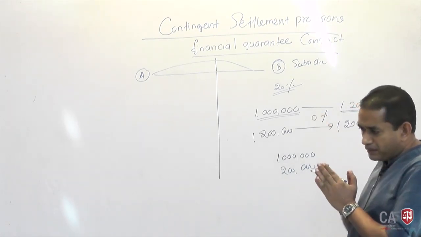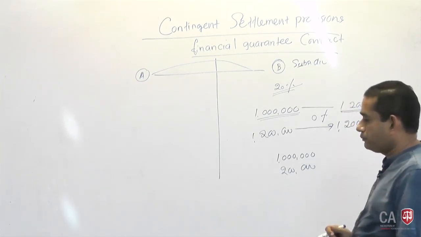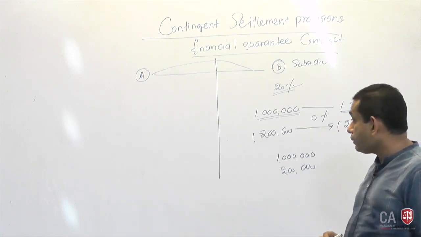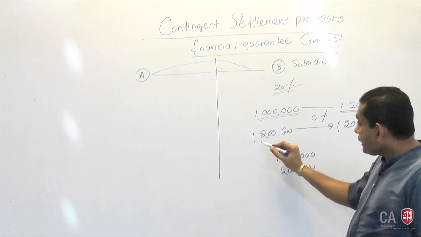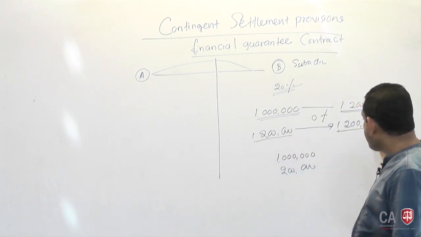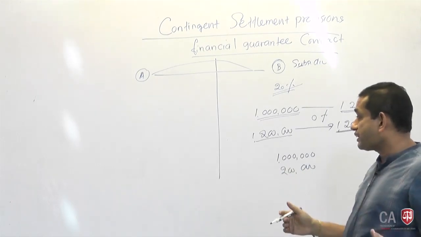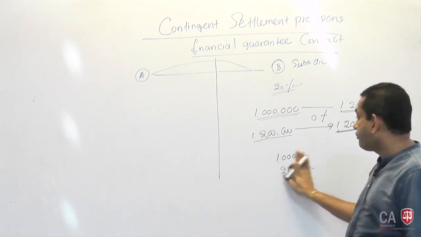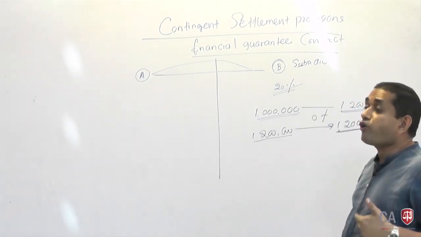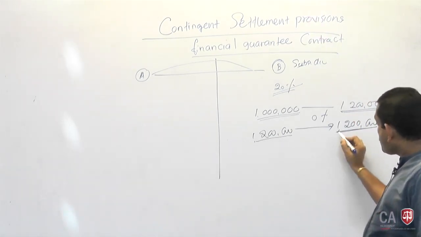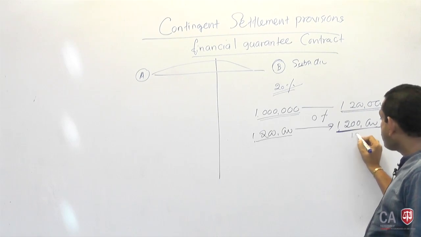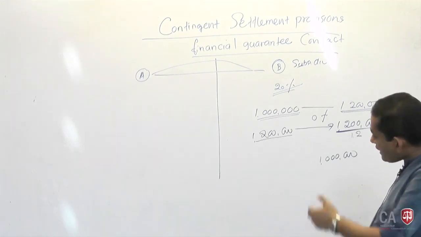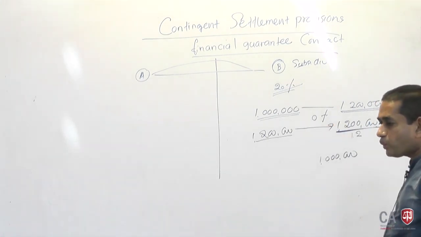So the rate is 20%, the transaction is arm's length, the fair values are there. If company A gets involved, interest rate is 0 and loan value is 1.2 and the settlement value should also be 1.2 million rupees. Now the transactions are not arm's length, the values are not the fair values. You need to calculate the fair values. How? If A's involvement was not there, to pay 1.2 million rupees, what would have been the loan value? It's 1 million rupees. But company B gets 1.2 million rupees.